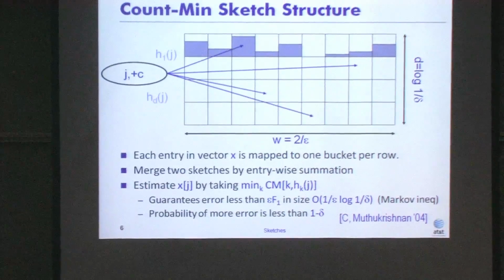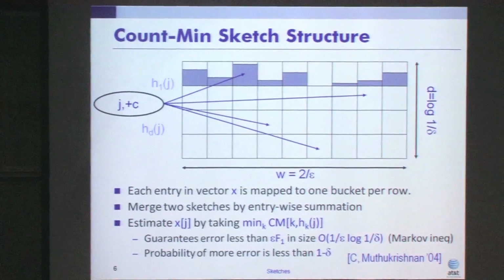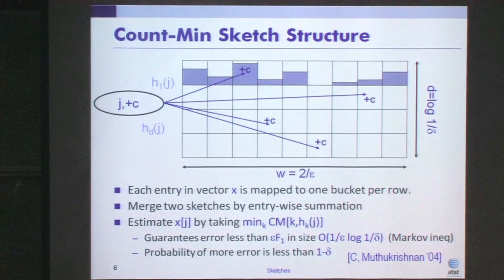Possibly a third reason is that sometimes these sketches can almost seem magical on the first encounter. You're saying, I've got this huge vector of data, and I'm going to approximate the L2 difference between two vectors, the Euclidean distance essentially between two enormous vectors, by keeping essentially a constant amount of information. That doesn't seem right, but once you understand the math behind it, you see how it's possible.